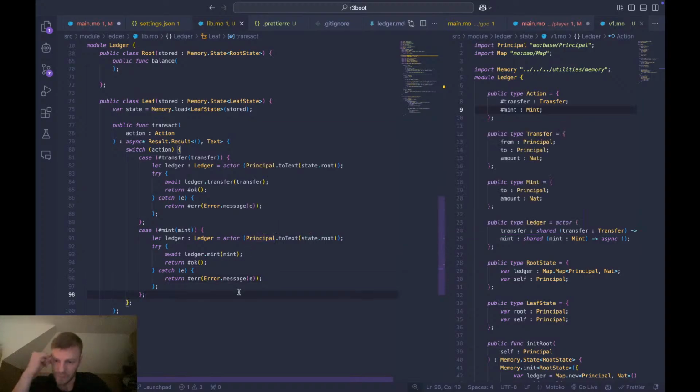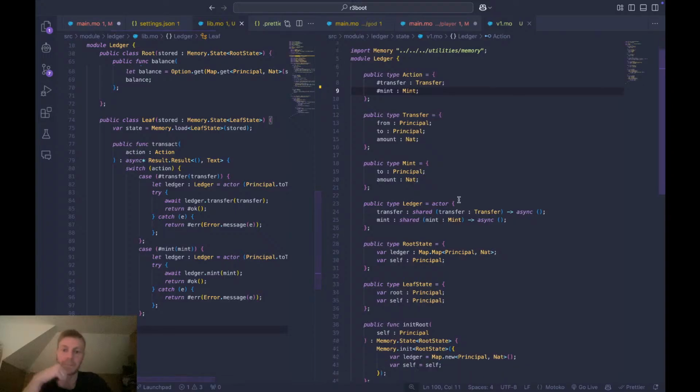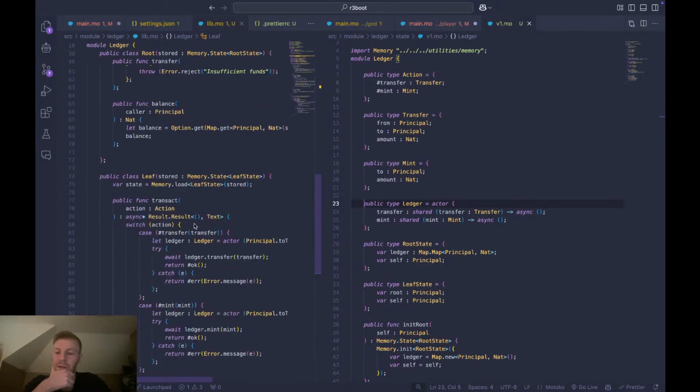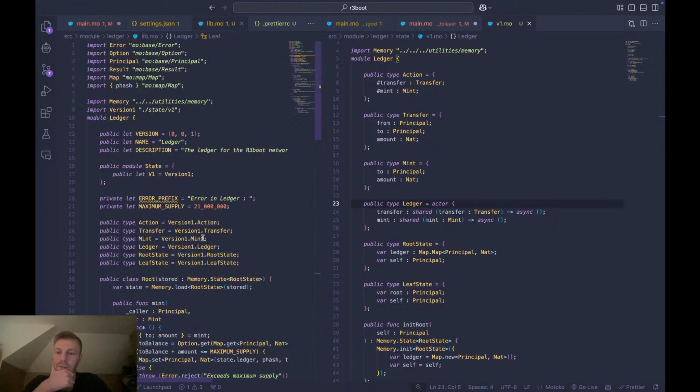That's very repetitive, almost like we could just abstract that away with ledger.action. Yeah, well, that's already good for now. Okay, so now the module is done,